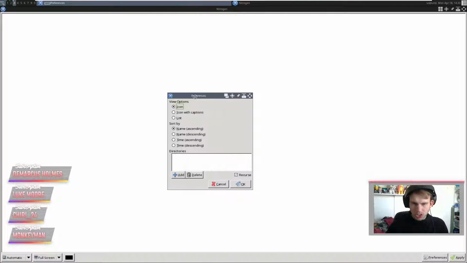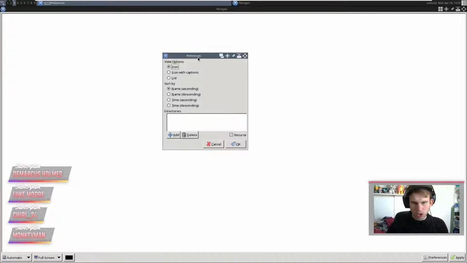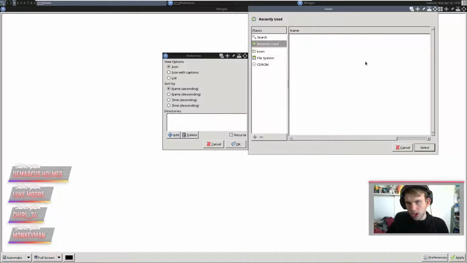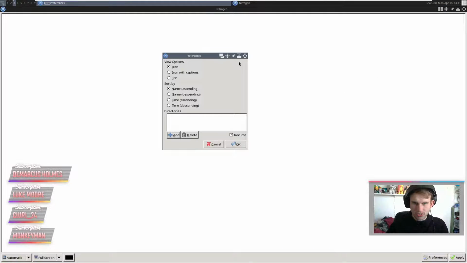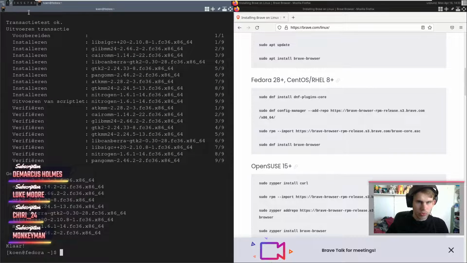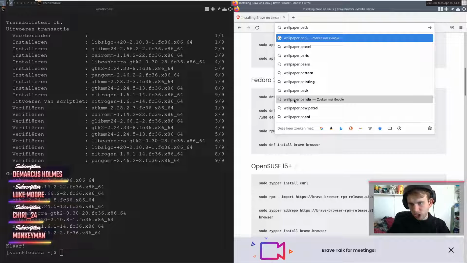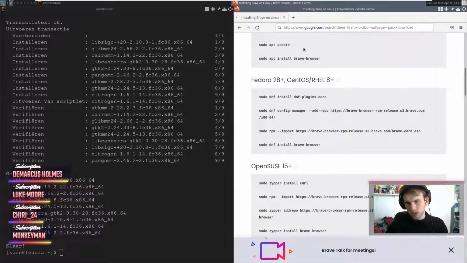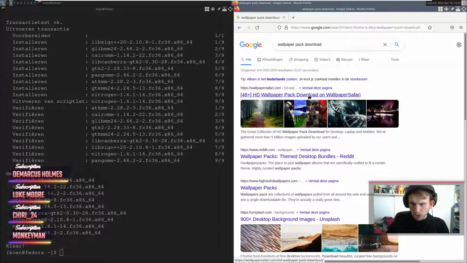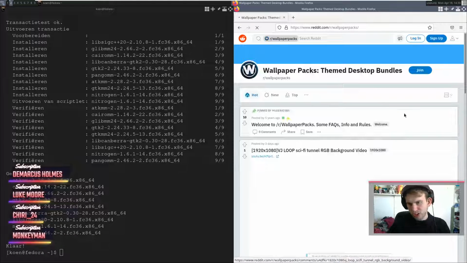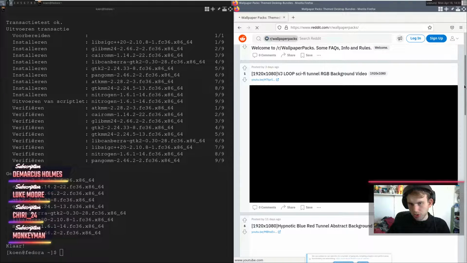So what we can do in here is check out a bunch of directories. And what we need to do is put a bunch of wallpapers in there. What I want to do is install just a wallpaper pack. I don't really care what wallpapers I get from this, I just want to have something that I can use of my own.